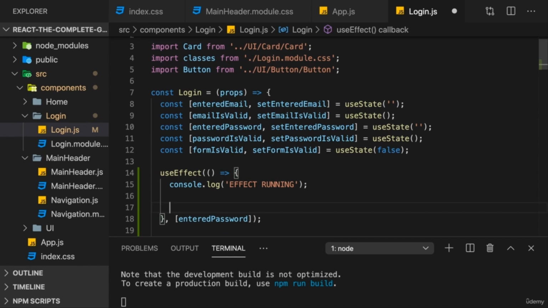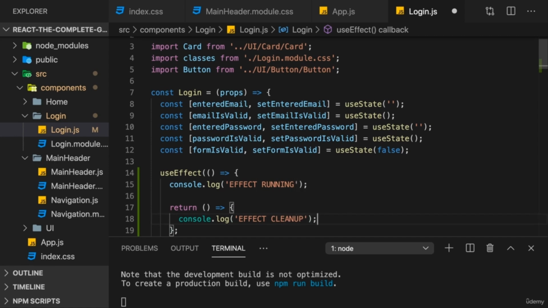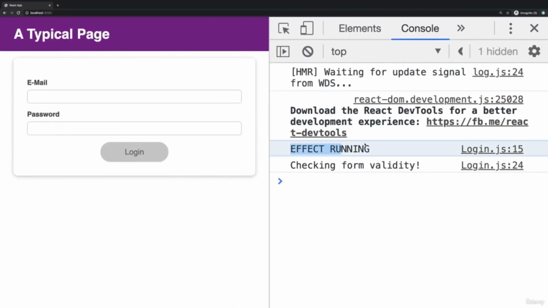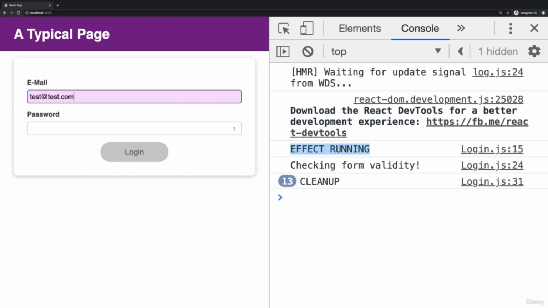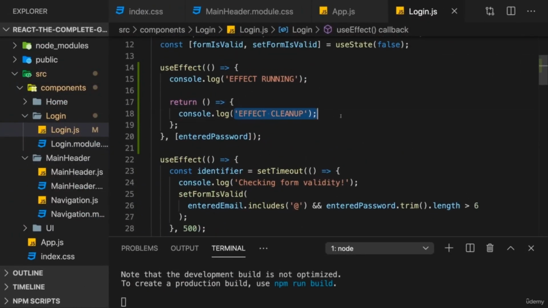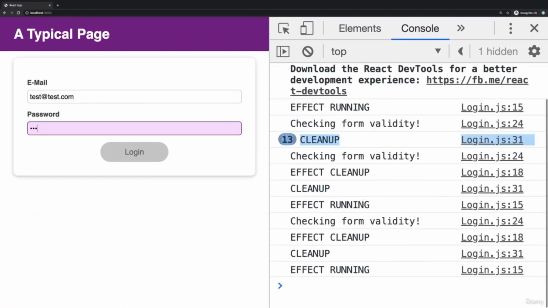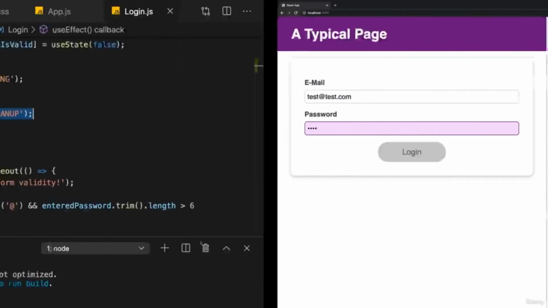We also have the cleanup function, which we can return. This cleanup function runs before this state function as a whole runs, but not before the first time it runs. So here I will again log effect cleanup, save this. We see only effect running here for the first render cycle. For the email, nothing happens. That's a different cleanup log. This is coming from our other effect. So effect cleanup did not print yet. But once I start typing in the password, we see effect cleanup being triggered, and it triggers before the effect